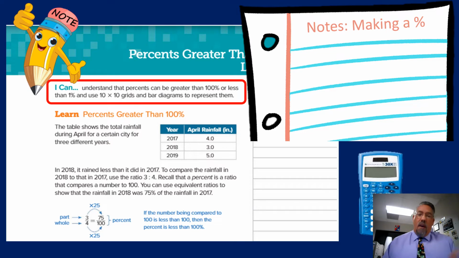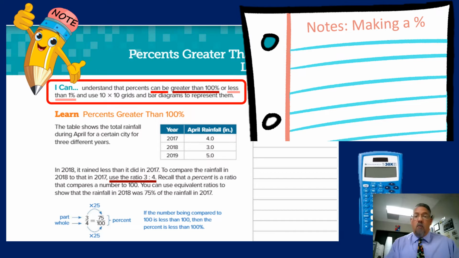So when we're looking at what I can do after I do lesson 2.2, I'm going to be able to identify not only our percents out of 100, but we're also talking about how I could have more than 100%, I could have less than 1%, right? So we'll do a review connection back to science as we talked about yesterday. But as I'm looking at this, when I can tell that I could have more than 100%, I could have less than 1%, then they're starting us out with the idea that let's just look at the regular fraction